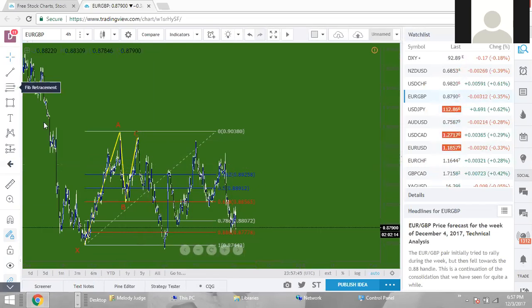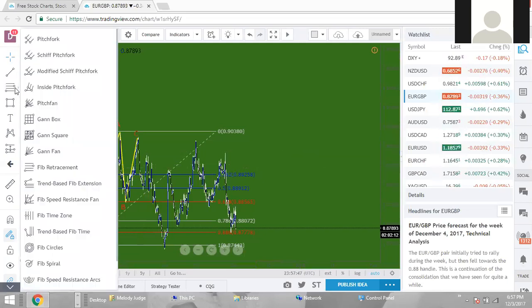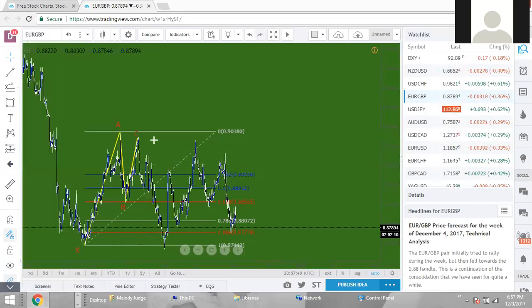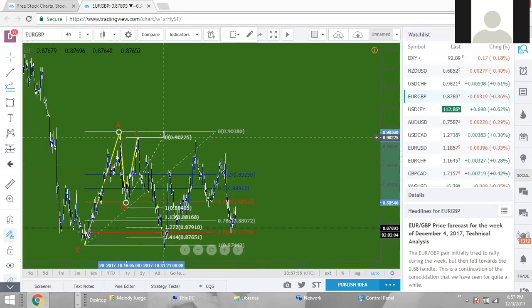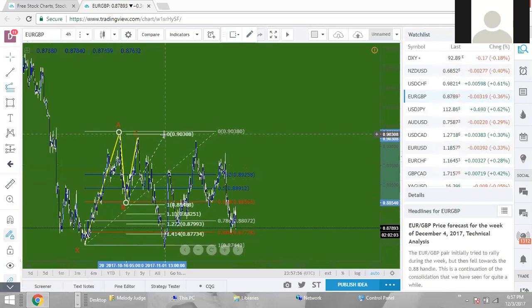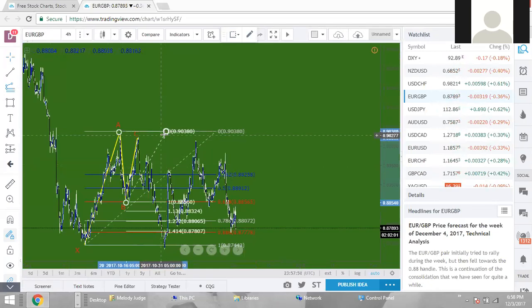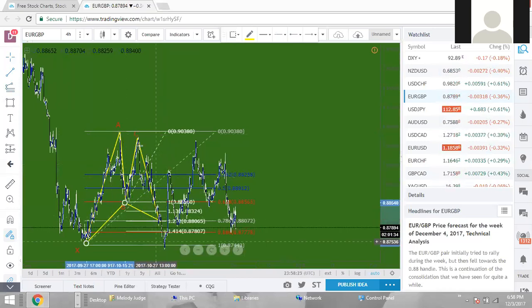Let's see where the 127 extension is. It's right at the 786. So D leg blew past our requirements, but let's see if the stops would have been hit. So we would have been looking to enter here, of course, right at the 786. Right at the 786 and 127 extension. But our stops,